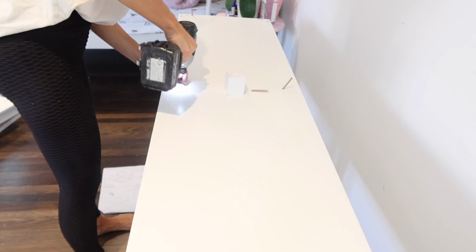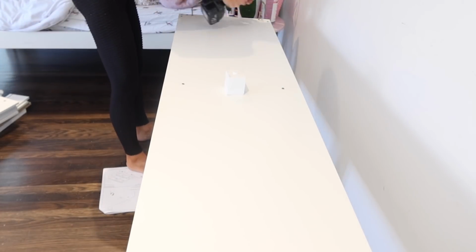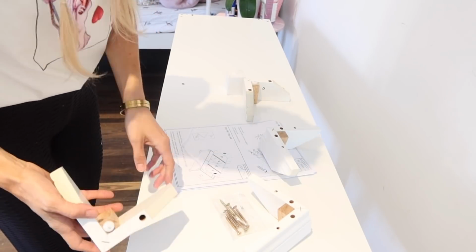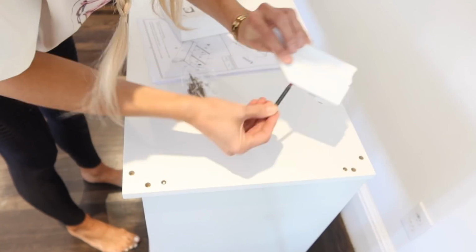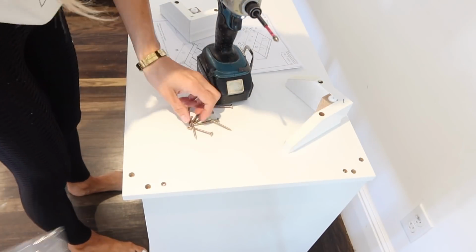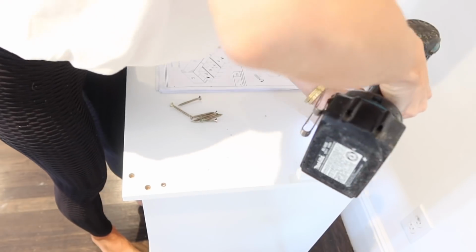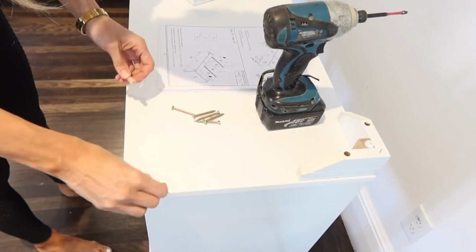So to get started in this room, I wanted to build the 2 dressers, and it took me about 2 hours per dresser to make these. I did a time lapse just to spare you guys, but it took a really long time to actually build these. I thought they were going to be a little easier, but the detail in them is so beautiful that it's totally worth it. If you do end up picking these up, it takes about 2 hours to build them. So once we're done with this, I'm going to start to dismantle the other little dresser drawers and go through all the girls' clothes, put together a pile of things we're going to keep, a pile of things that we're going to give away, and then get everything situated in these,